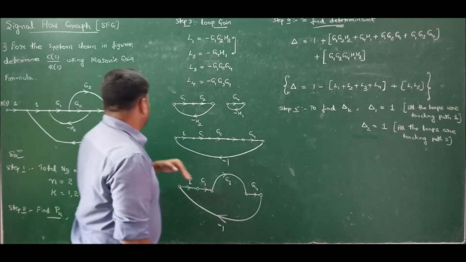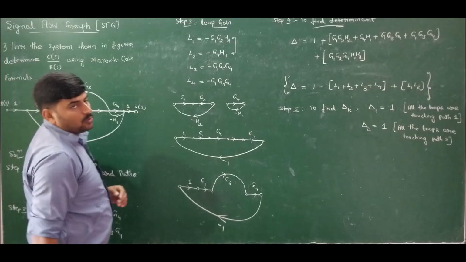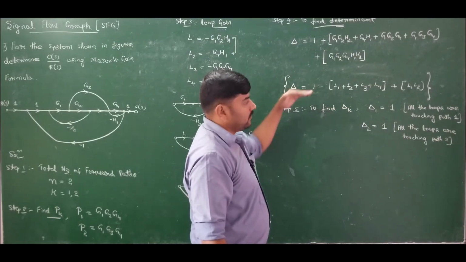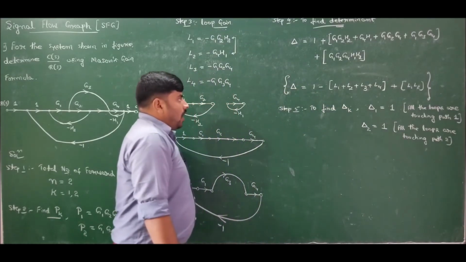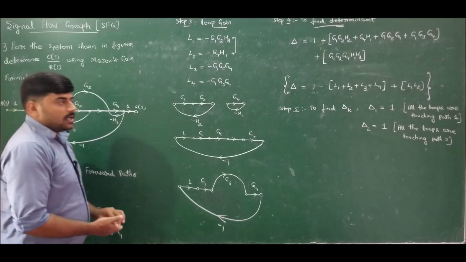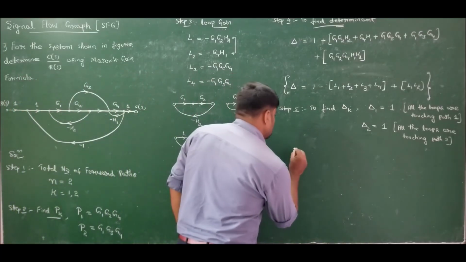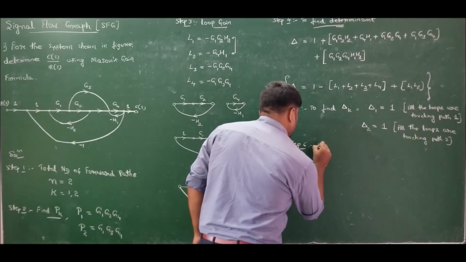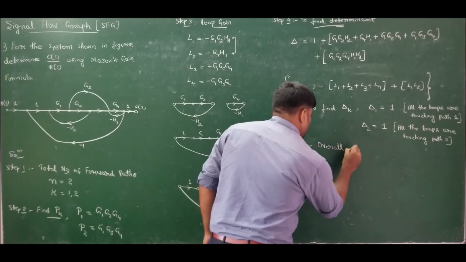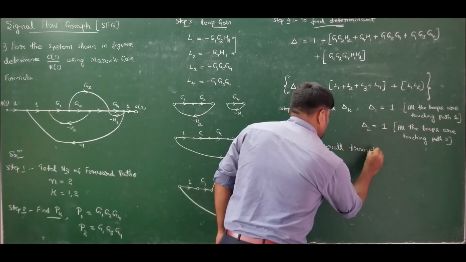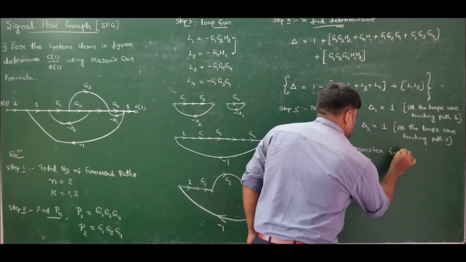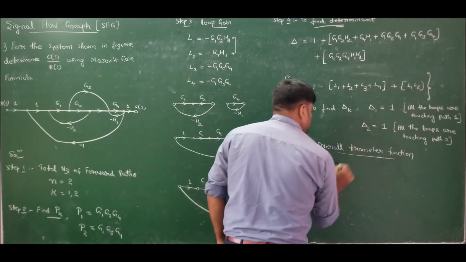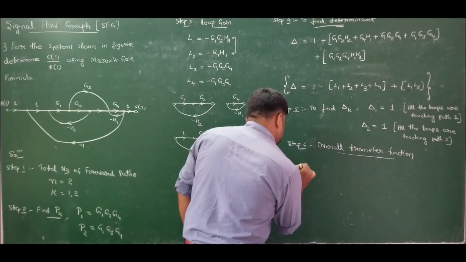But unfortunately here loop 2 is also touching path 2, therefore I should eliminate loop 2 also. Since all the loops are touching, I eliminated all the loops, therefore I am left with only 1. So this completes all the parameters involved in Mason's gain formula. Finally I can find the transfer function. So in step 6, let me find the overall transfer function. To calculate the overall transfer function, use Mason's gain formula, which is given by